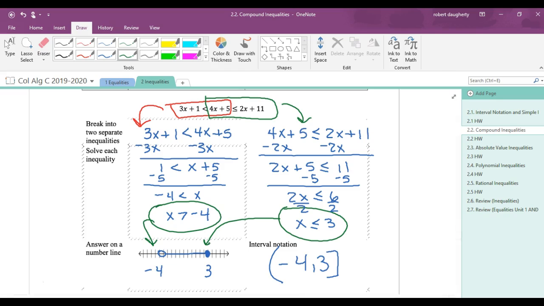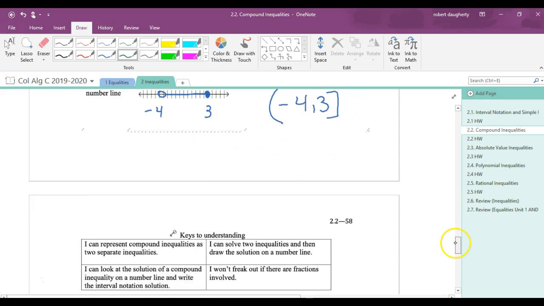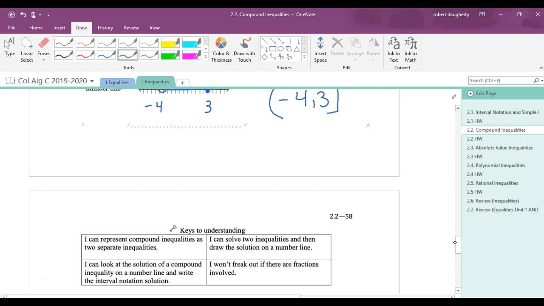What's the big thing that happens with inequalities that you have to be real careful of? When you multiply or divide by a negative number, what happens to your inequality? It switches, okay? So you have to be real careful with that when doing inequalities. Let me see if I can make one real quick that does that. Let's just do an example of, let's say, negative x less than or equal to 4 less than